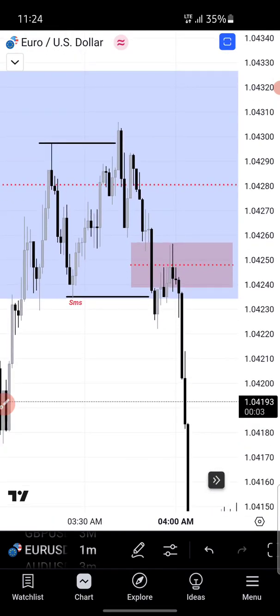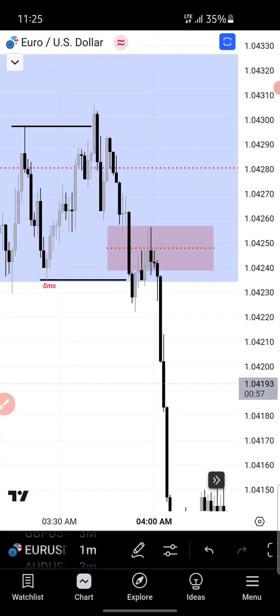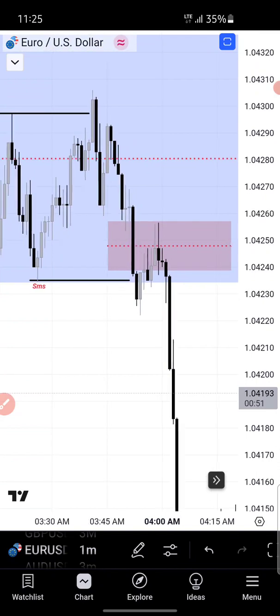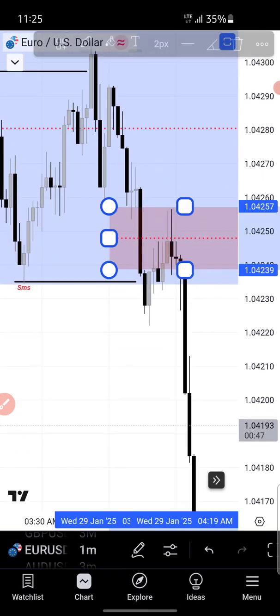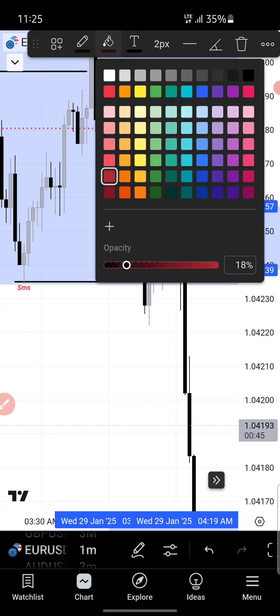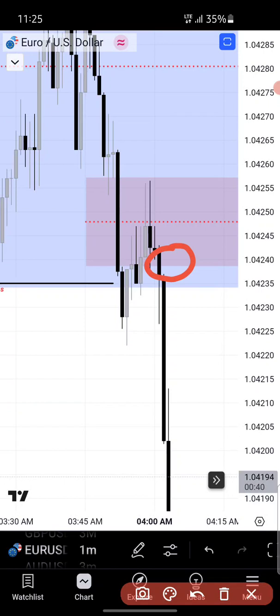So price, after the shift in market structure on the M1, after we have already reacted on the 15 minutes fair value gap, CB, which is sell side imbalance, buy side inefficiency, we went higher to the fair value gap also created on the M1. And this is very important. Now if you watch very closely right here,